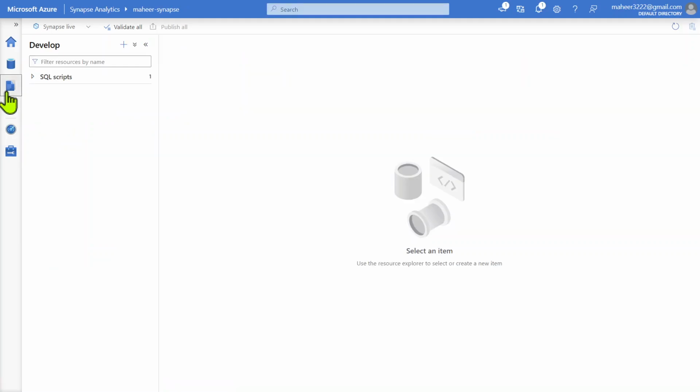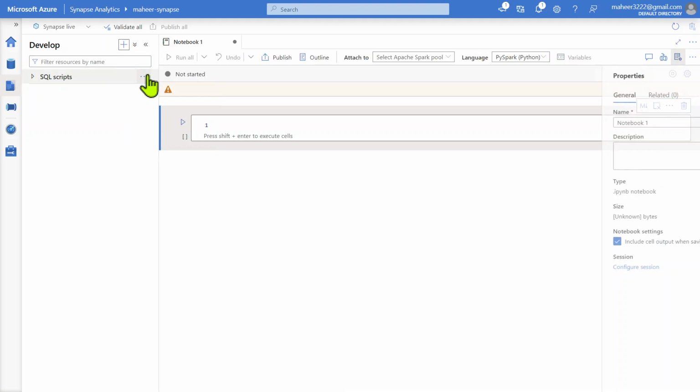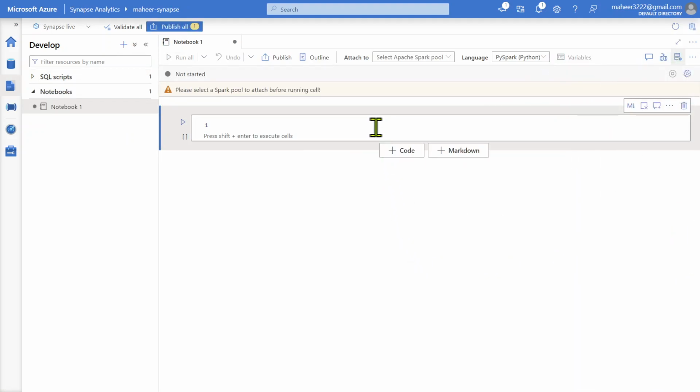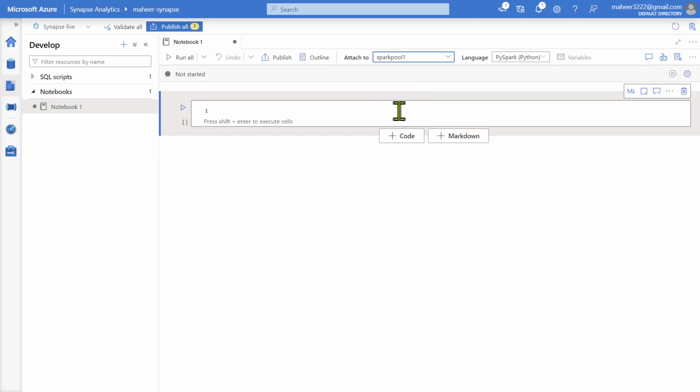So in this video we are going to create a notebook. Let's go to the Development tab, and here let's create a new notebook, and this is notebook 1. Whenever you want to run any notebook, you should attach that notebook to the Spark pool with which you want to run it. Similar to Databricks. In Databricks, all your Scala or PySpark code, whatever you write inside the notebook, you attach that notebook to a cluster to run it, right? A Spark cluster. So similarly, here the Spark pool is nothing but a Spark cluster.